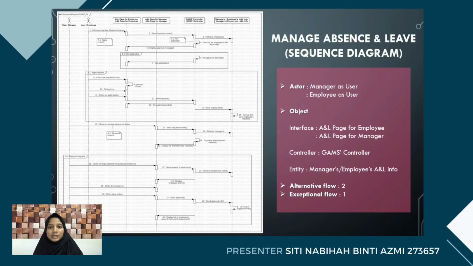the approval message. If no, then the exceptional one, which is not applicable, will come out, and it will instead display not applicable to the ANL page. Alternative 1, apply request, happens when employee clicks on add request for ANL. The page then will prompt a form for employee to fill in, and employee will fill in the form and clicks on apply button. The interface will send request to apply to GUM's controller, and it will return back as